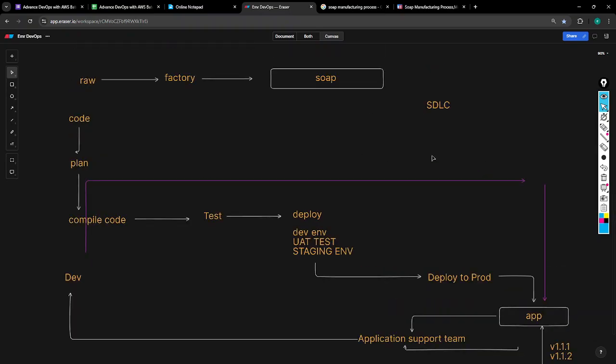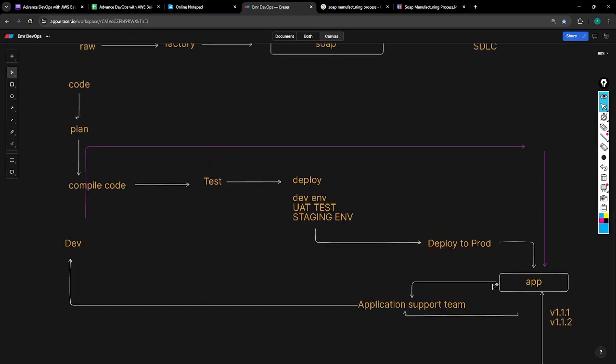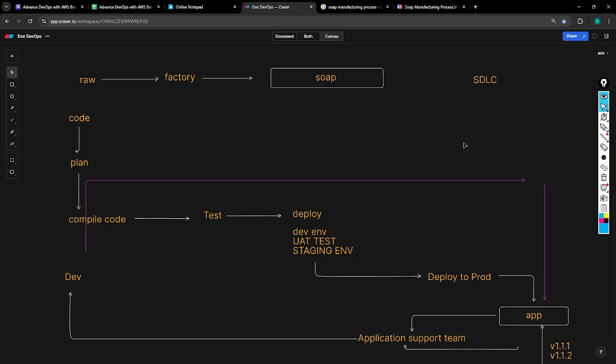This is a process. This is DevOps: taking the application from the code phase to the final production phase in an automated way. Previously, were we not doing this? After DevOps only we are doing this? Previously also we were doing this, but there were challenges. We have the waterfall method, we have the agile method, and now we have the DevOps method. DevOps is not a technology, it is completely a methodology.